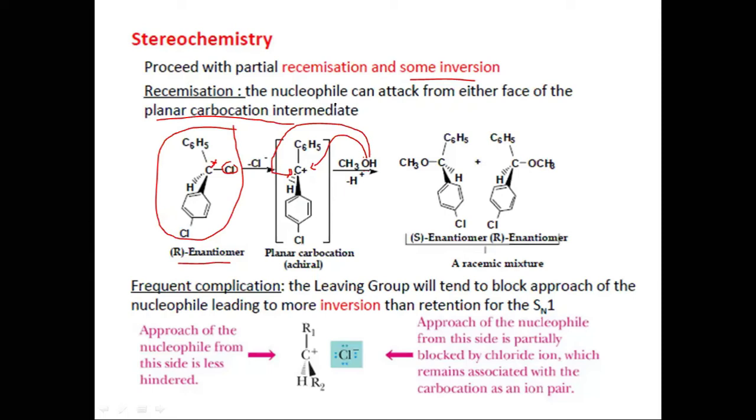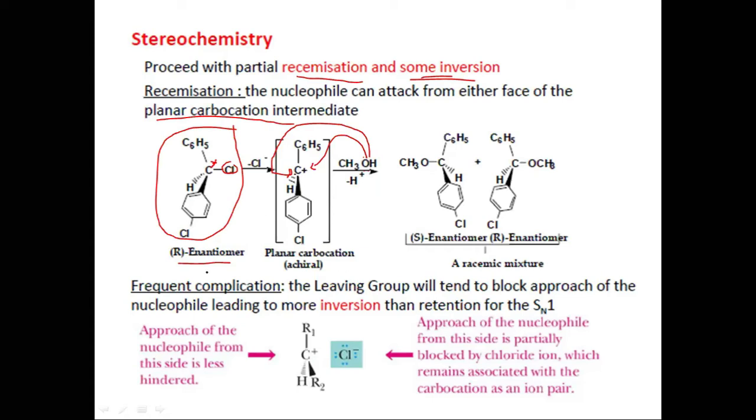In such cases, the nucleophile prefers to attack not from the same side of the leaving group, it prefers to attack from the back side of the leaving group. So in such cases, generally you will have an inversion product slightly in excess over the retention of configuration. That's why racemization as well as some inversion is what you generally expect in the case of an SN1